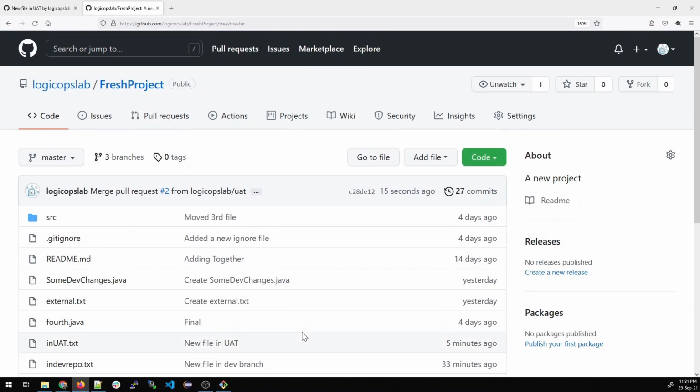So we have talked about 4 things: creation of a branch in 2 ways, through Git and through GitHub. Second, how do you push a branch, which we just talked about, UAT. Third is creating a pull request, and fourth is merging them. So that's how it works, guys. So I hope all these 4 things